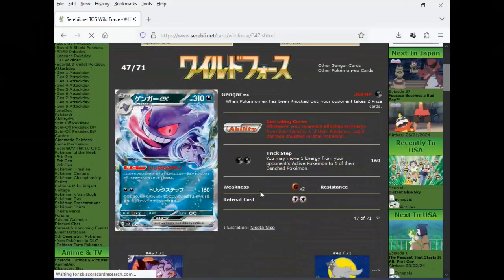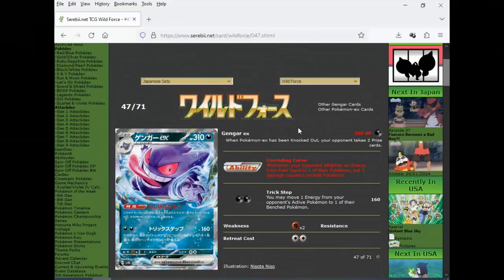Okay, and there's Gengar EX. So zoom in on his face, smiling, laughing in an evil manner, let's just say that. Sort of reminded me of the Prime. So a 310 HP EX, so it's already going to be much weaker than Charizard and the other EXs. And Curse: whenever your opponent attaches an energy from their hand to their Pokemon, put 2 damage counters